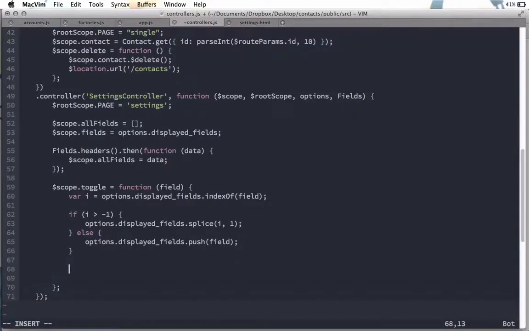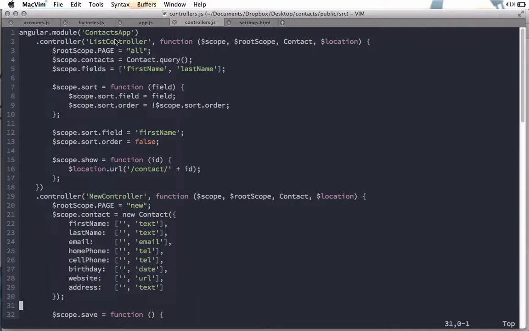And now, after we have done that, we can do fields.set, and we can say options.displayedFields. And this will go ahead and make our post request to the server and set those. And once that's been set, it will be saved to the server, but we don't actually have to worry about that request going to the server and coming back before our user moves back to the list page, because we are actually changing it right on this options object here, which we now need to use way up here